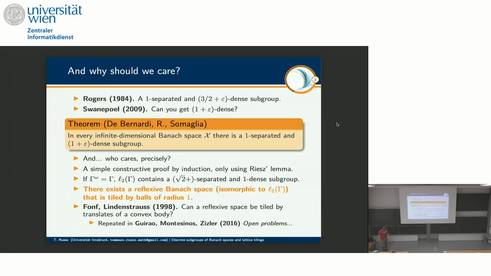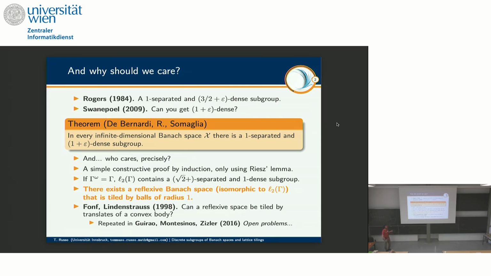And the truth is that we were trying to do this because originally we thought it was not possible to tile Hilbert spaces with balls. We found out it was possible. After we found out it was possible, we found out this problem. We really didn't know it. And after we found out this problem, we realized that we also get this subgroup in every Banach space. So this is the history of how the things really went. And now,